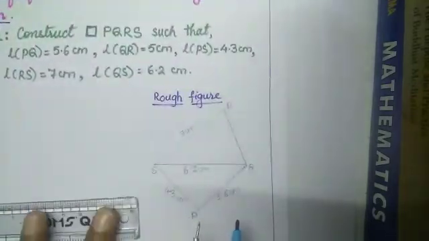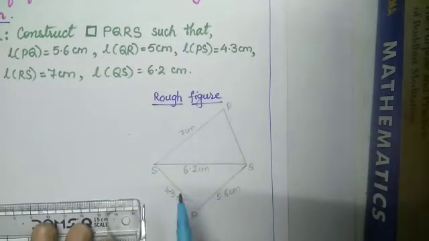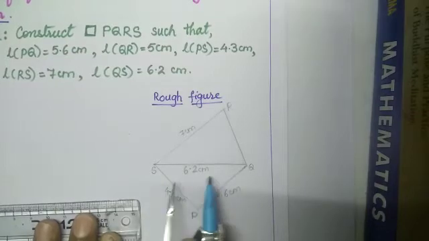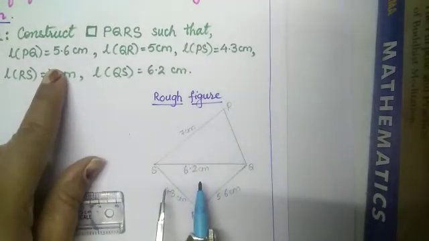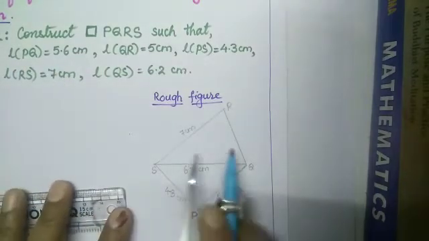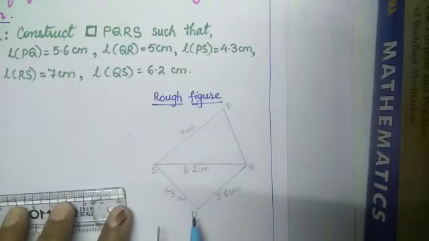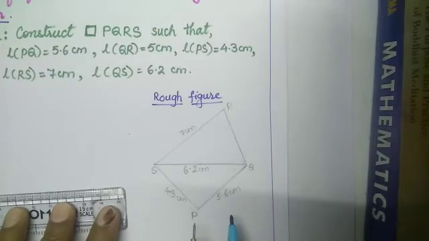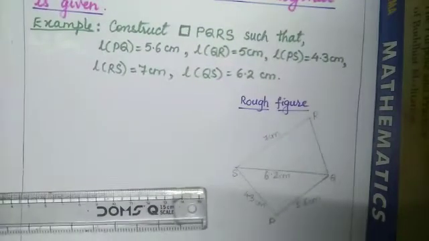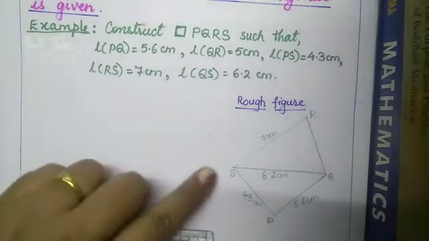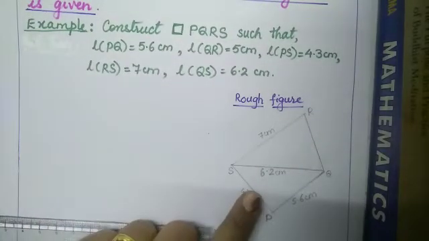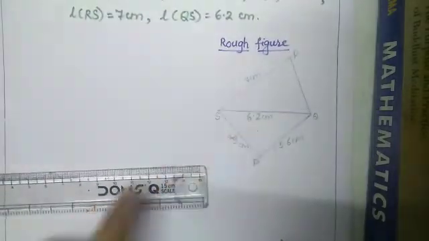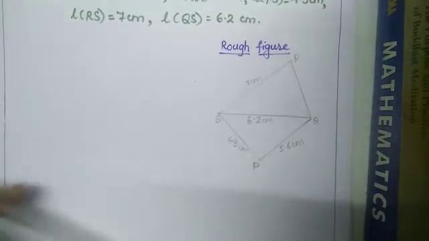Now what will we do? We will draw a rough figure first. So here I have drawn QS, that is SQ, first, as this is the base segment. You can take PQ as the base segment also and draw the given measures. So here I have drawn a rough figure PQRS, which is a quadrilateral, and now we will construct the real quadrilateral. As I have given the rough diagram, on the basis of it we will construct the figure. So first the base SQ we will take as 6.2 cm.